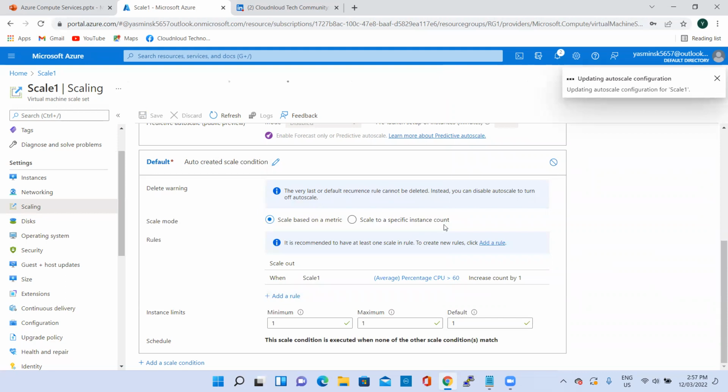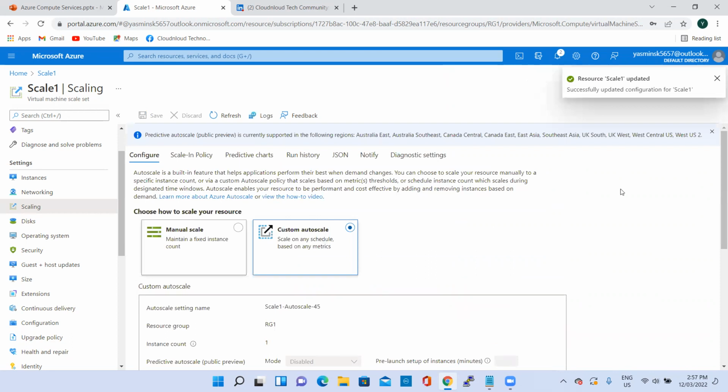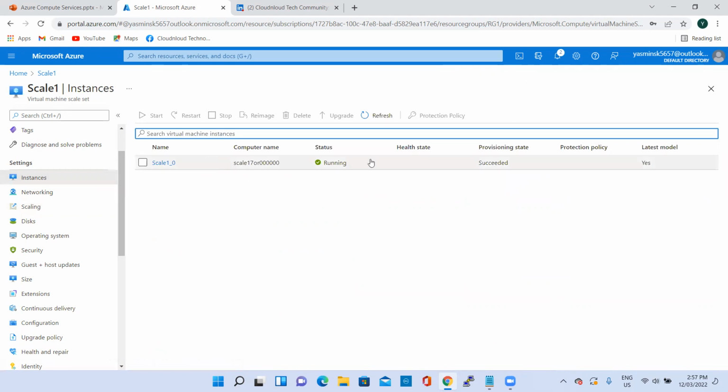So now we know that we don't have any usage or traffic actually using our virtual machine, right? We have just created one sample one. We don't have any traffic coming to our virtual machine so that this virtual machine scale set can increase the next instance, right? As you can see, we have only one virtual machine now. I have set the condition that when this virtual machine reaches more than 60%, please create the next instance, right? Now we need to go ahead and give some traffic or load to this virtual machine